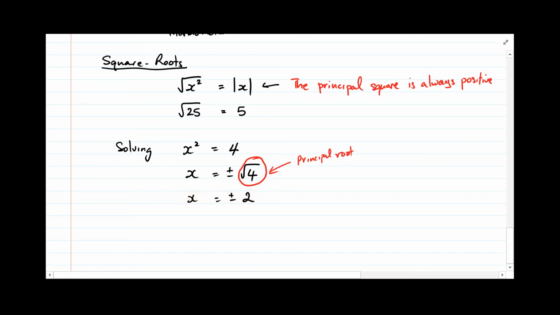There are two results for taking the square root. But we don't say,